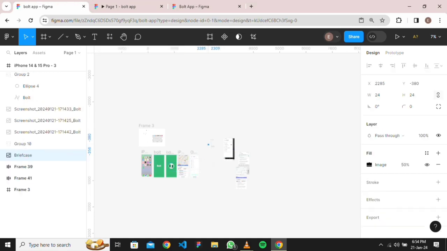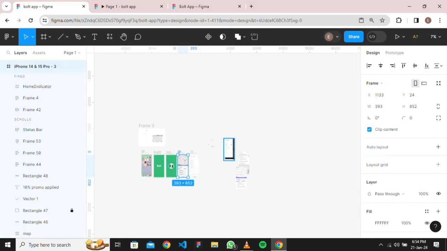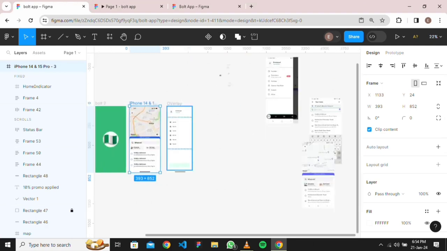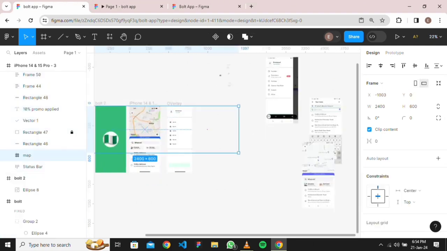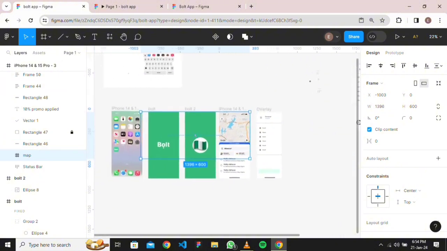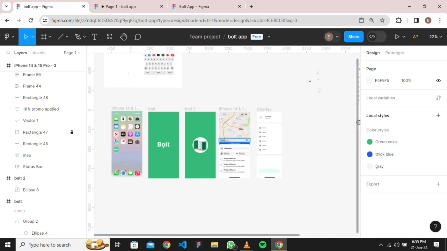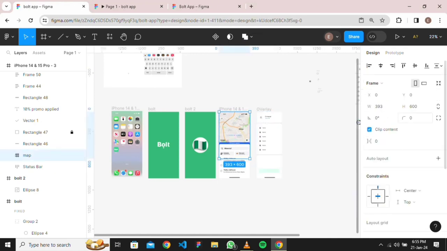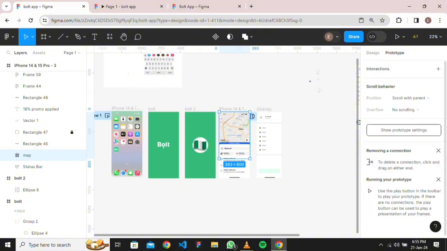Let's click content, and let's try this. Close here, and let's try this. Close here. And what we'll do is let's click on it, and let's go to prototype section. This scroll will just set it to both direction, and when you go back to your map, you can see